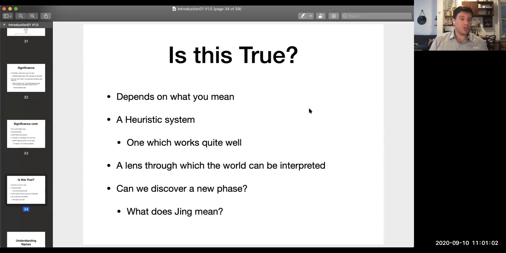Like, is qi real? Well, it's not real in the same way that a person's bones are real. It's not real in a way that we can put on a scale. But is it functionally useful? Absolutely. It doesn't really matter if it's real within a materialistic sense, because that's not the way in which we're